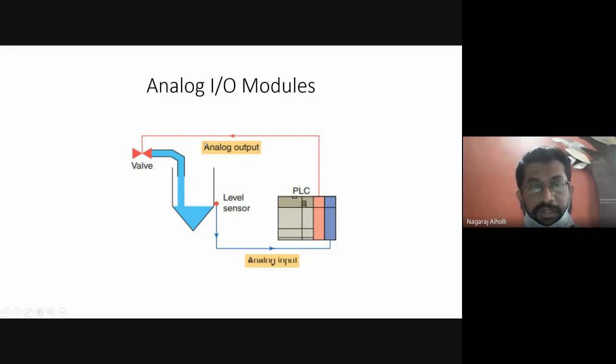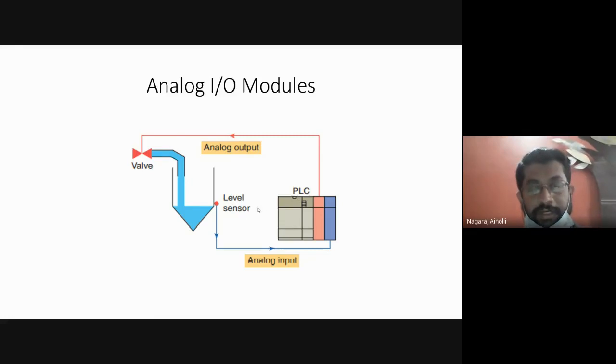That output, the analog output that we get from the PLC, will control the position of the valve. If we want to open this valve 100%, we can do that by writing a ladder rung in the PLC. We can see that the control valve is opened 100%. Once it is opened 100%, the liquid flows into the tank, right, and it fills to the required level. Once the set point, the predefined limit, is reached, what do we have to do next? We have to just maintain that level. Once it reaches the set point value, the fixed or reference value, we have to maintain it, is it not?